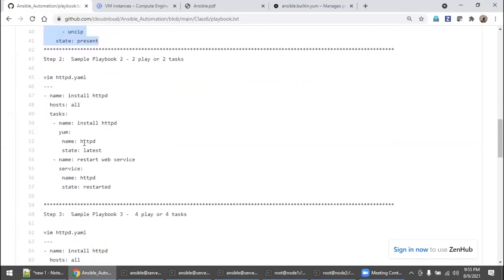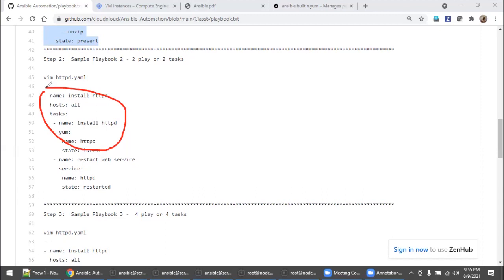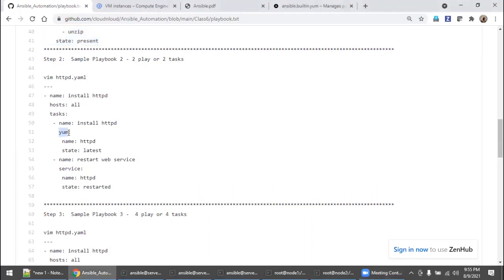There is a sample playbook, another playbook. In this playbook, there is one play, right? Sorry, this is one play and there is another play, in the same way. So what we are going to do is clear it out. The first play is yum, I'm installing. The second play is I'm starting. What are you installing? HTTPD. Whatever you installed, you have to start it. That is the agenda.